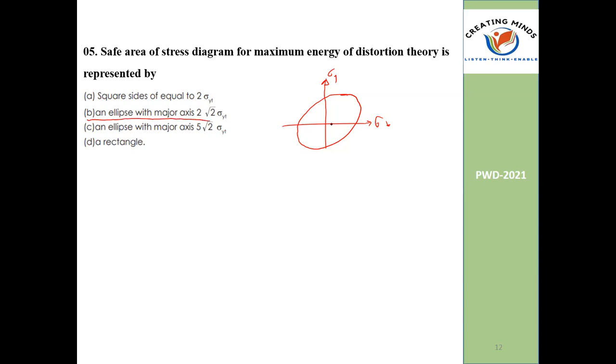The answer is, this is generally with respect to the maximum portion shared by the major axis at 2 root 2 sigma yt. 2 root 2 sigma yt. This is the answer. It's a memory based question. Generally they will ask the safe area of stress diagram for maximum energy of distortion theory represented by